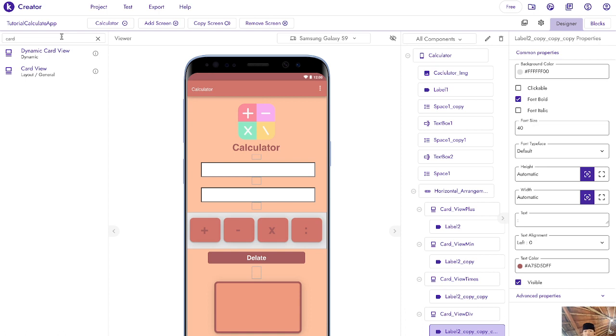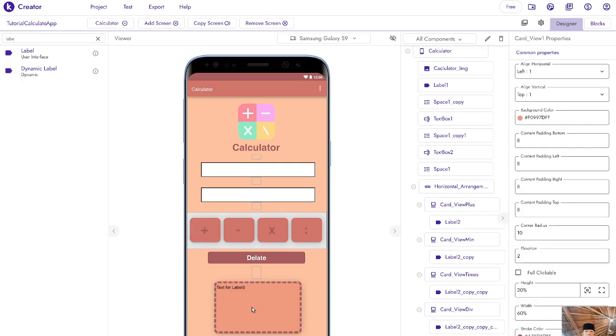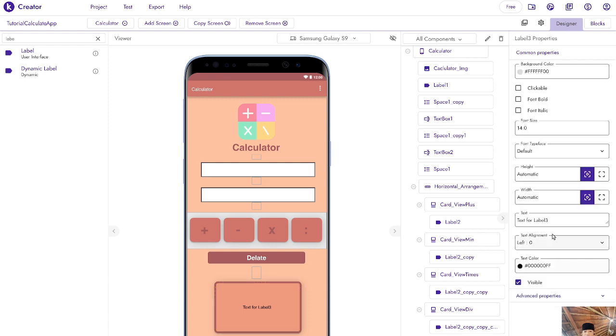Second thing that we're going to do, we're going to put some result text. So we're going to use some label here. After that, make all of them to be center. Then label text, we're going to change it, of course, to be result.